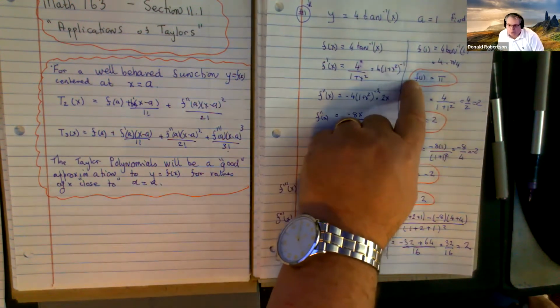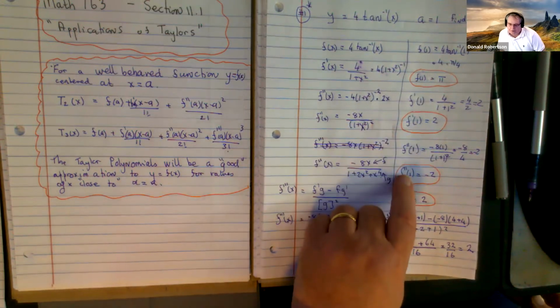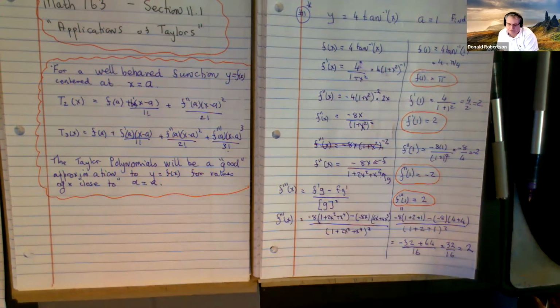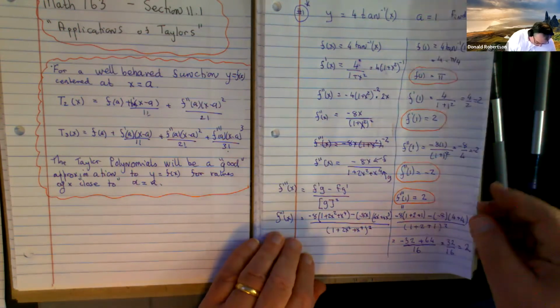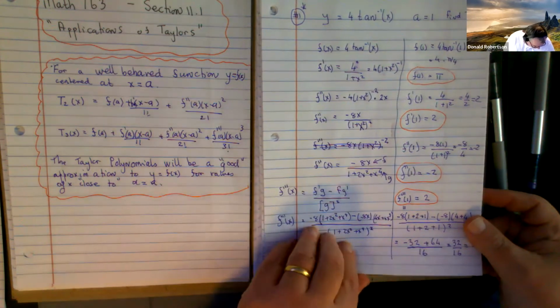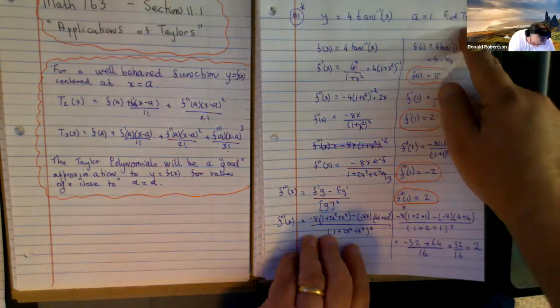The value of the function at 1, the derivative at 1, second and third derivative evaluated at 1. So if we take a little pause in that, essentially what you have to do is find lots of derivatives at 1. Now the question was, find T3 of x. So